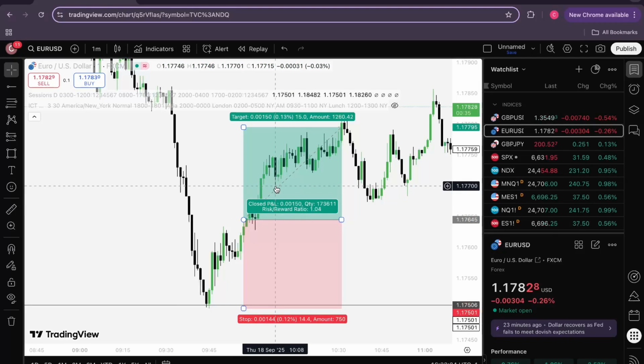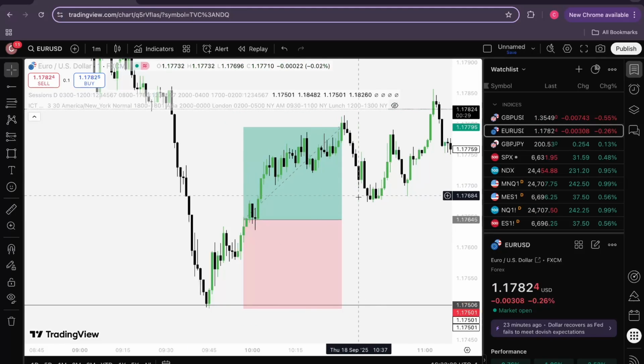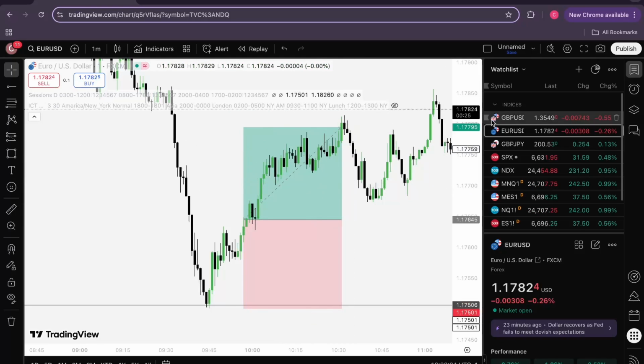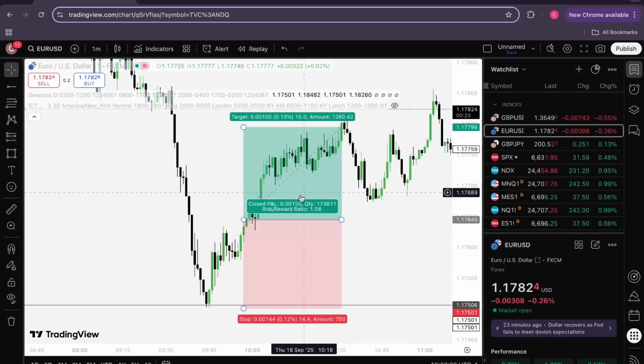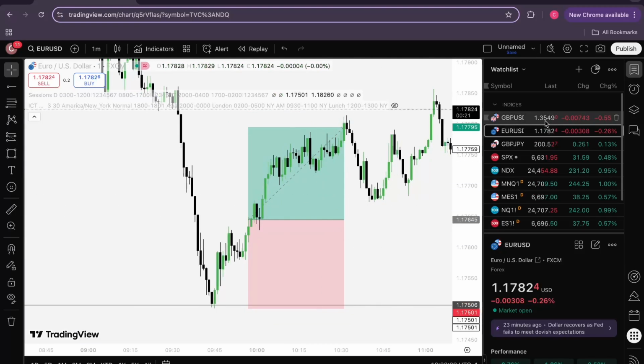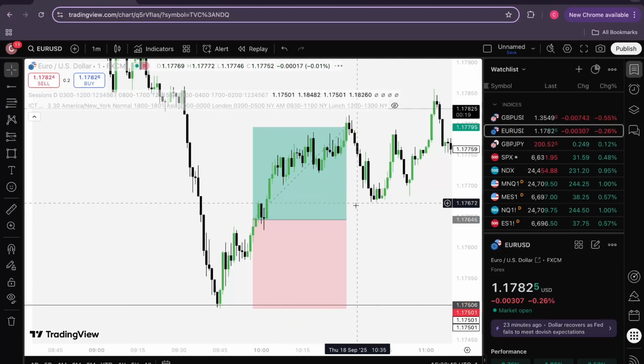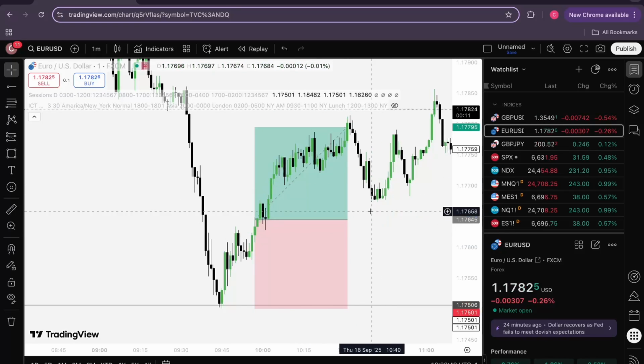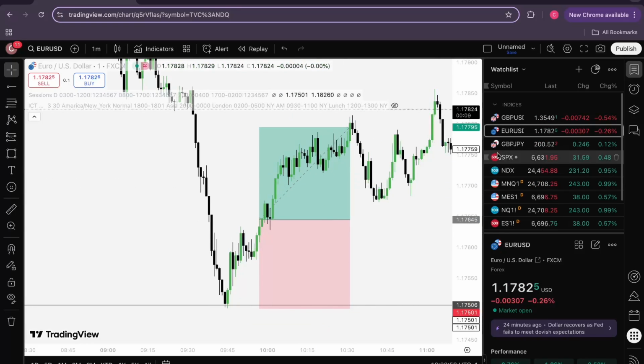So we got the trade recap, September 18th, 2025. A nice long on EU here. I usually trade GBP USD, but I just saw this setup on EU. It was way too perfect to pass up, and I got a nice basically 1-to-1 RR on this trade today, which was nice.